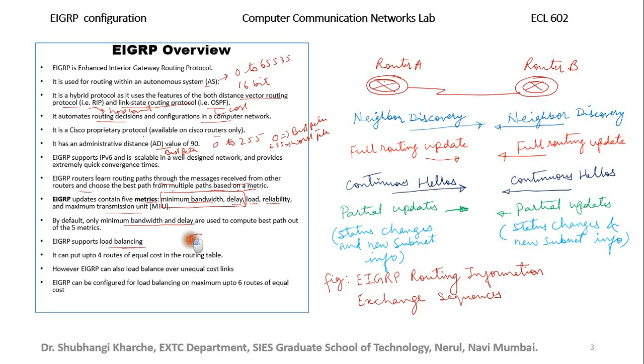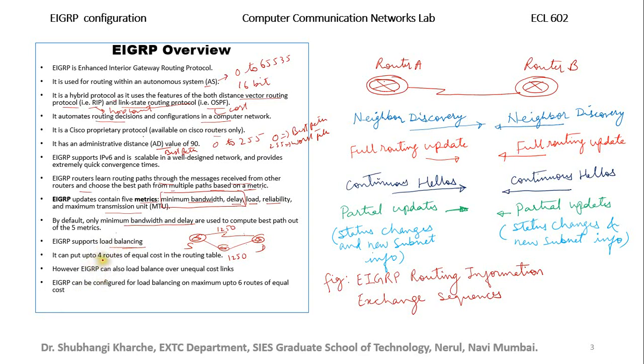For example, there are two alternate paths available between these two routers. One is a direct path and the other path is via this intermediate router. And if both the paths have an equal metric, like the cost to reach this destination from the source router is say 1250 and the other path also has the same metric, 1250, then the traffic will be shared equally on these two paths, and this load balancing is supported by EIGRP.